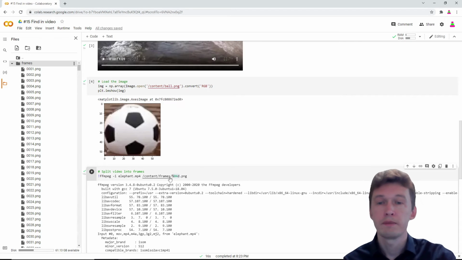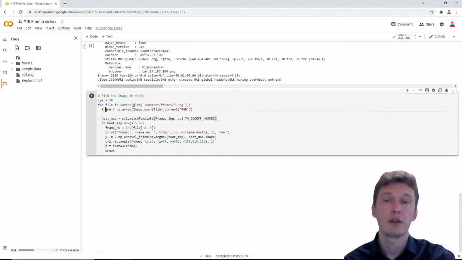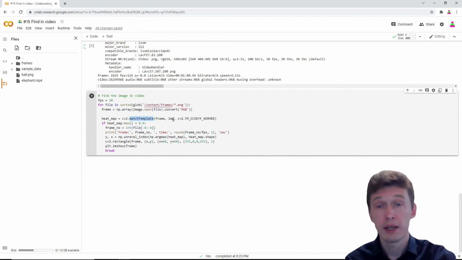And next we run a loop, and inside the loop we take each separate frame, each separate PNG file, and we use our ball image and we use match template to look for our template, which is a ball, inside a frame, inside all the separate images.